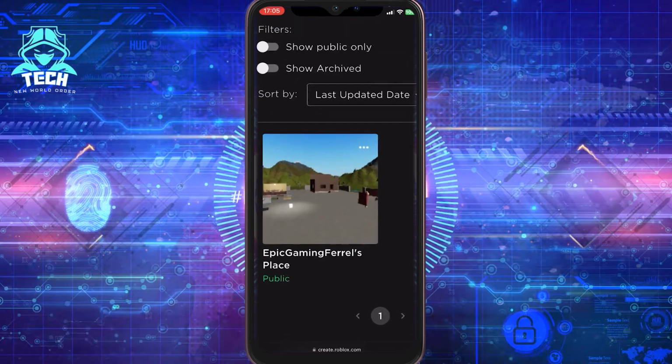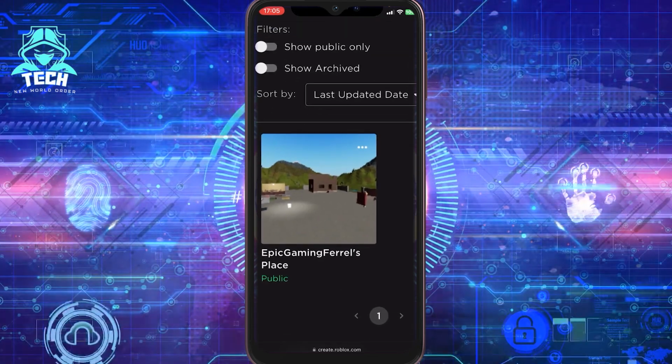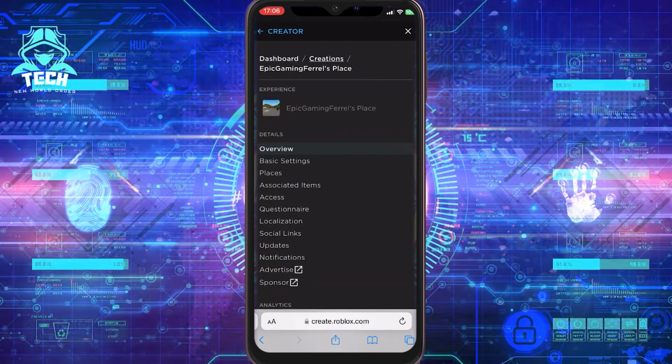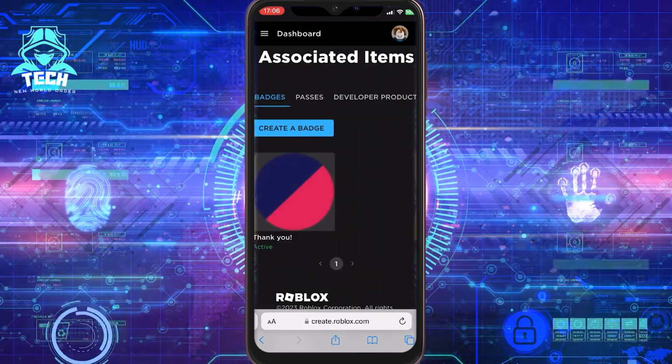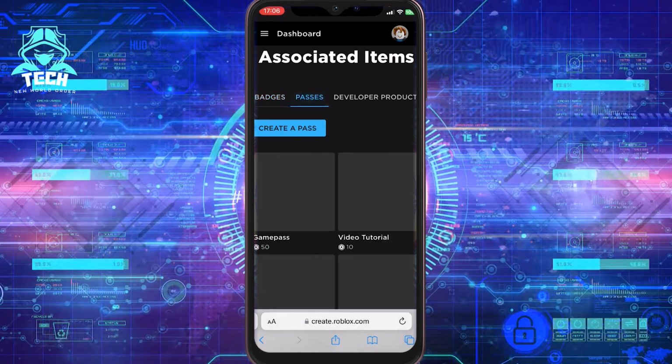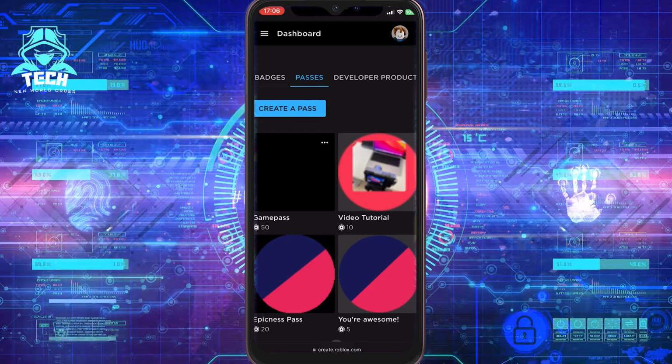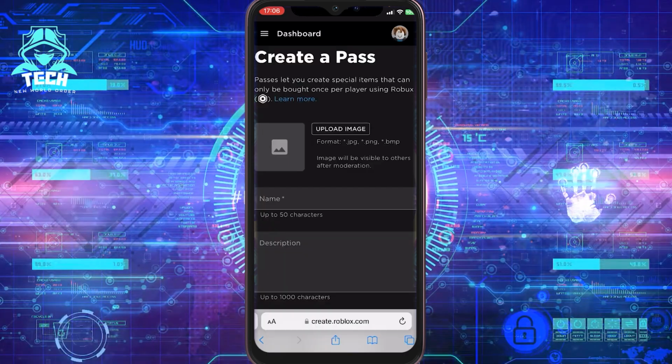Tap on it. We're going to create a game pass, which acts as your donation button, and it's free to make. Tap the menu, then go to Associated Items and select Passes. If you've never made one before, it'll be blank. Tap Create a Pass, upload a quick image, give it a catchy name like Support Squad or Thanks Legend, and